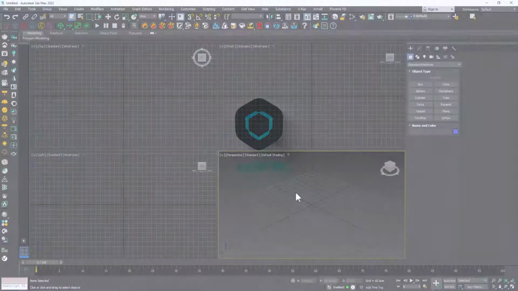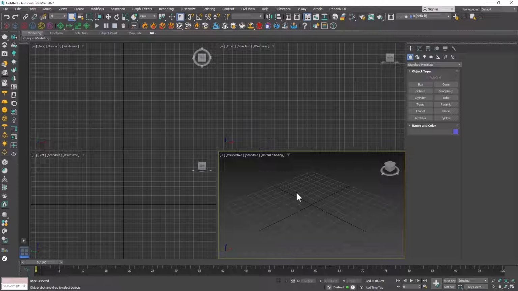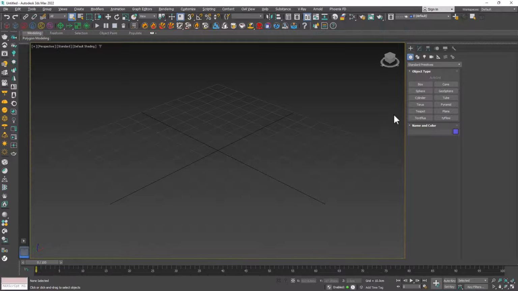Hey everyone, in this short video I want to show you how you could collapse World Space Modifiers in 3D Studio Max. Just as an example, if I create a box